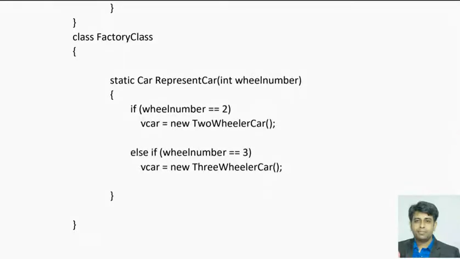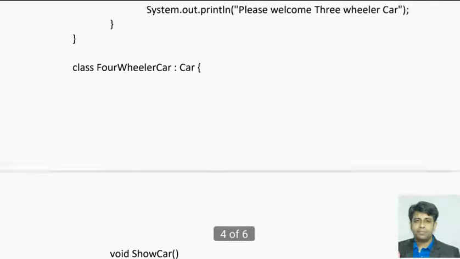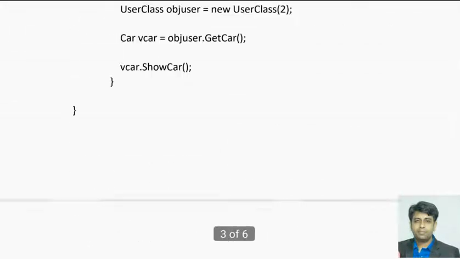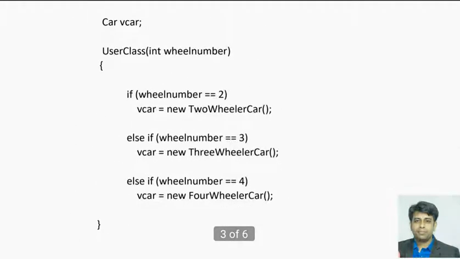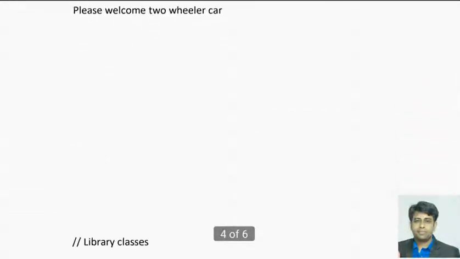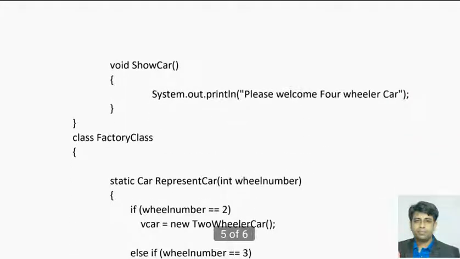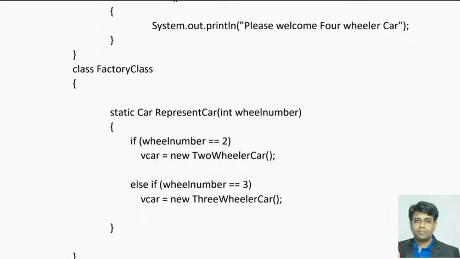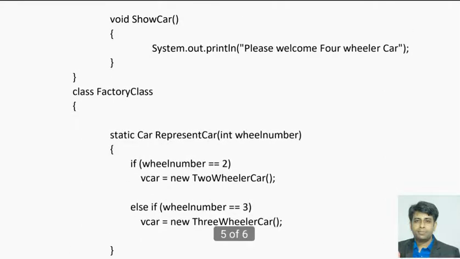In my previous code, the if-else checking was in the User class constructor, which is why we had to make changes there. Now I am placing the checking in the additional Factory class, which has a method, representCar, where I pass the user input and check whether it is 2, in which case I return the two-wheeler car, and if it is 3, I return the three-wheeler car.